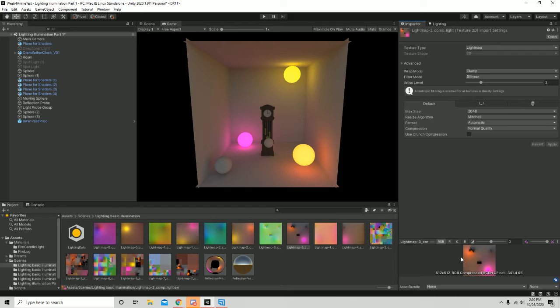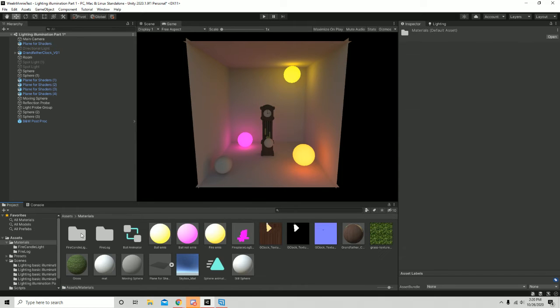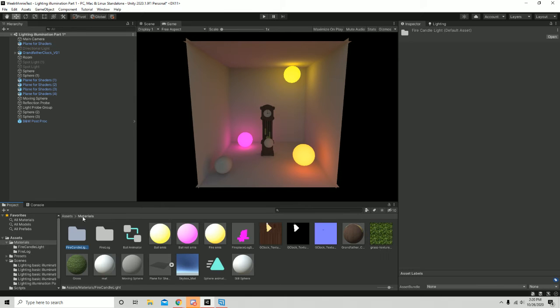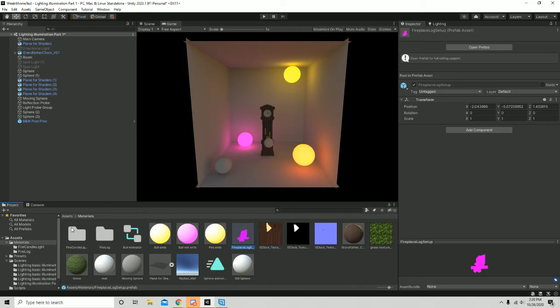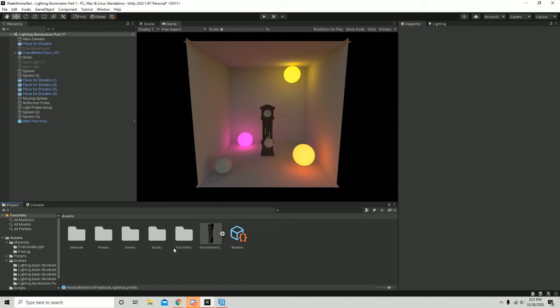I did have a fireplace in the scene, which I showed off in my week 3. It's this thing right here, but because I had to switch to a different rendering pipeline, I didn't bring over Shader Graph for this assignment, and that's why it's pink. But if you watch the week 3 video, then you'll be able to see the fire in all of its glory. So that's the scene, and then if we turn this back on,